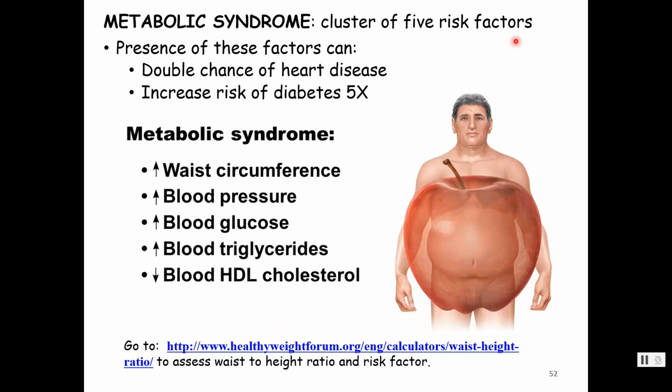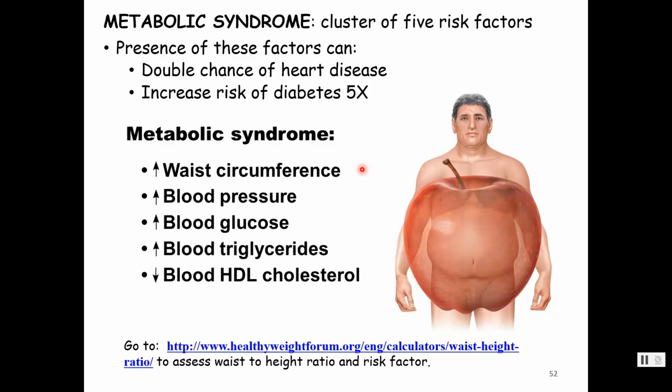So some of those other things that doctors are looking for, there actually now is something called metabolic syndrome. And so it's a cluster of 5 risk factors that double your chance of heart disease and increase your risk of diabetes times 5. And so these 5 things, the more of these that a patient has, the higher their risk. So they don't have to have all of them to be at risk,